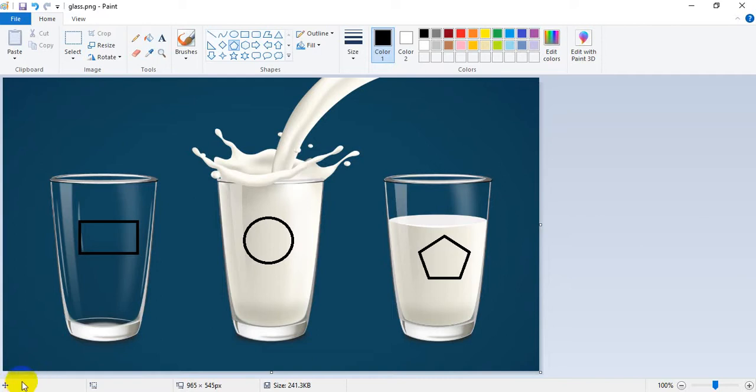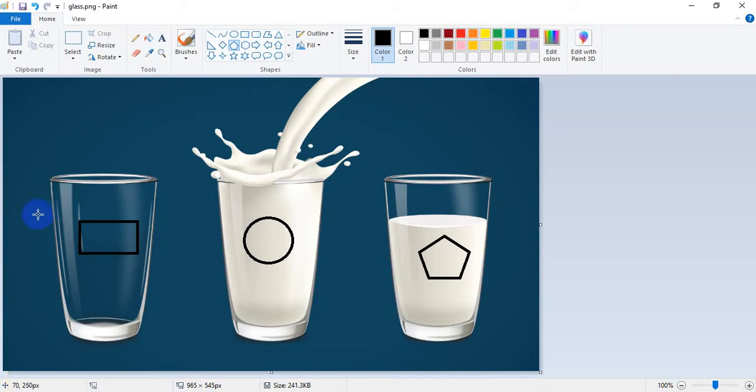When I move my cursor over the image, you will notice that you get two numbers. The first value is called the X value and the second value is called the Y value. These values are nothing but the X and Y coordinates.